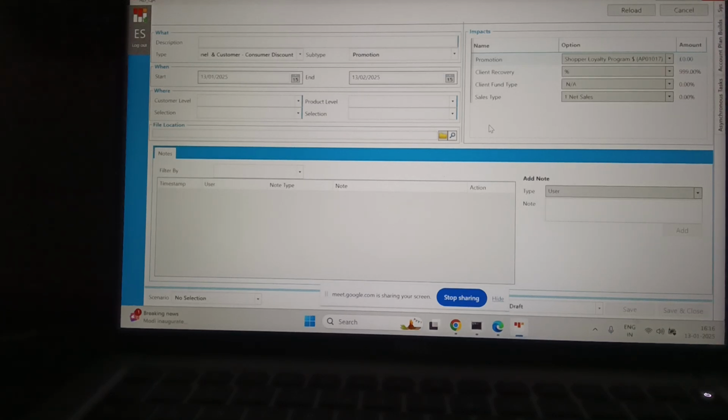Every 15 days, once in 15 days, they will run the forecast. There is a QFX which will generate the forecast volume. Not twice in a month, every 15th this QFX will run. QFX means it's a